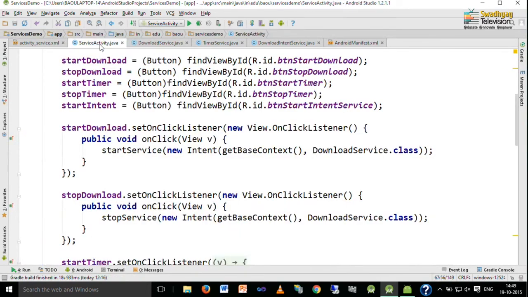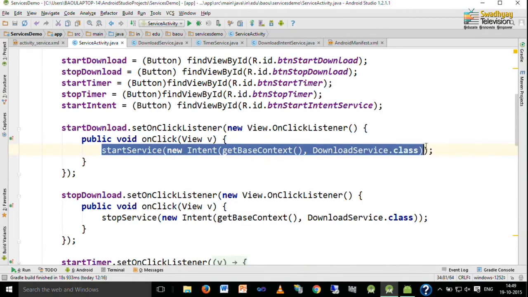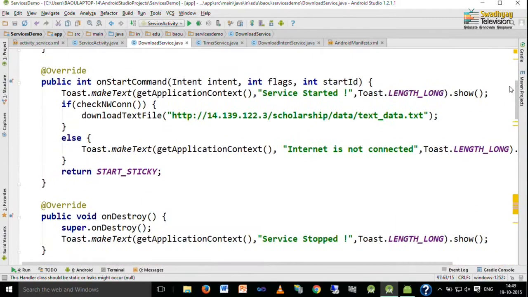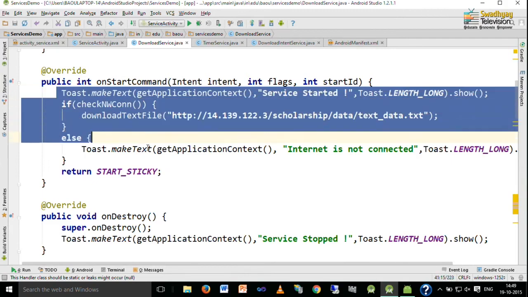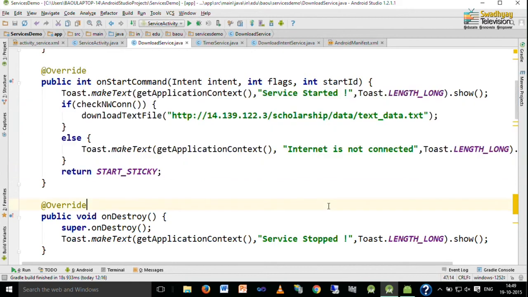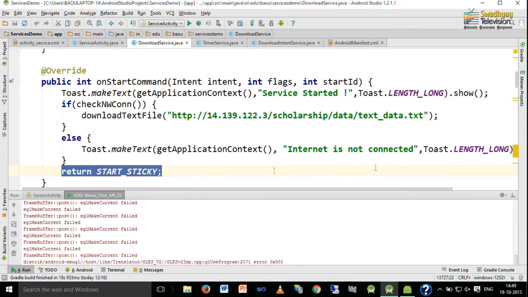First this service start activity runs, then the start button is pressed. So, this download service is started. Here on start command is fired, we display inside a toast that service is started. We check network connection and download the text file. If network connection is not available, we simply display the message internet is not connected, and here we run start sticky.